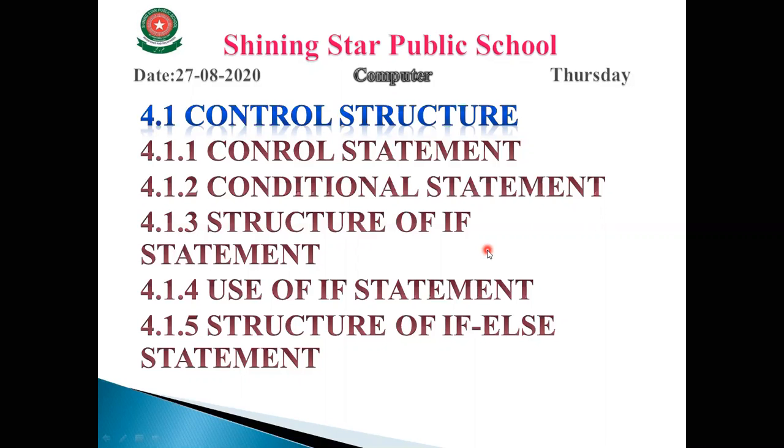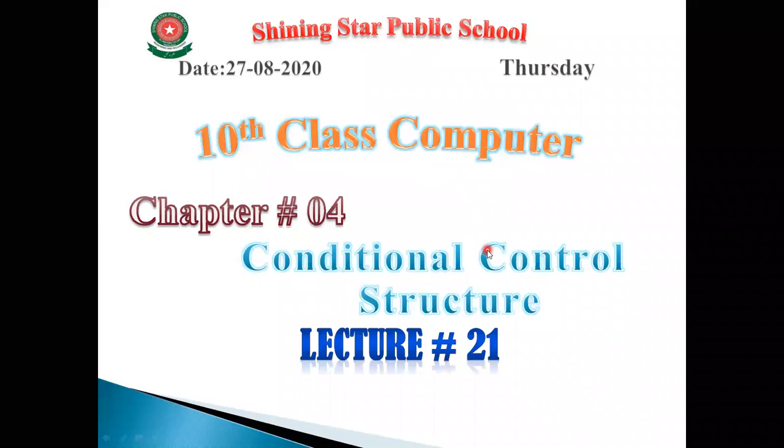At a time, it can compile the complete program. But an interpreter can execute line by line. First of all, the interpreter translates and executes the first line, the first statement of the source program, then it translates the second and executes the second instruction, then it will execute the third.